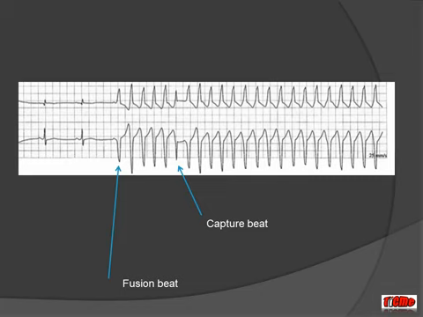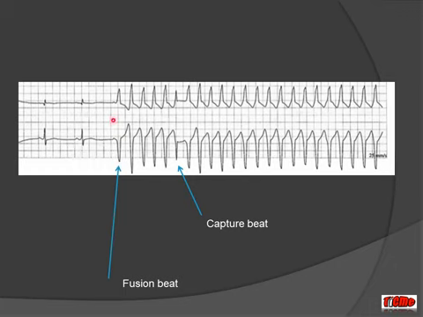Okay, so let's look at this little rhythm strip. What we have is a regular broad complex tachycardia. What's interesting is we've also got the sinus node beats and then the rhythm initiates. So we can see what a relatively normal beat looks like. What we've got is two slightly different beats here. One beat is not quite the same as the main thrust of the rhythm,